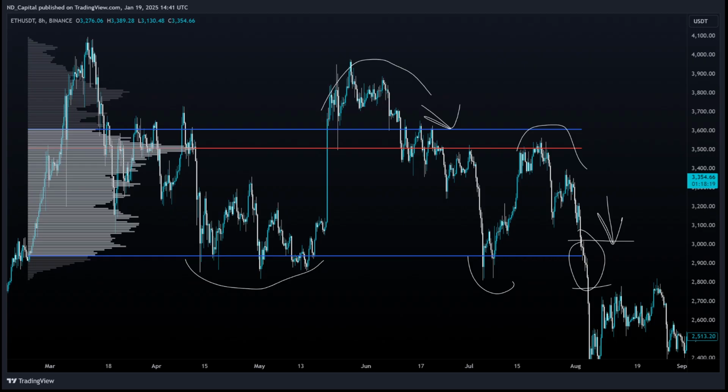And this can happen either from value high to value low, from VAH to VAL, or from VAL to VAH. If you reject the point of control, you're not going to rotate. That's why it's crucial, when you take this type of trade, to take profit at that point of control, because it's going to act as a magnet. And if you reject the magnet,